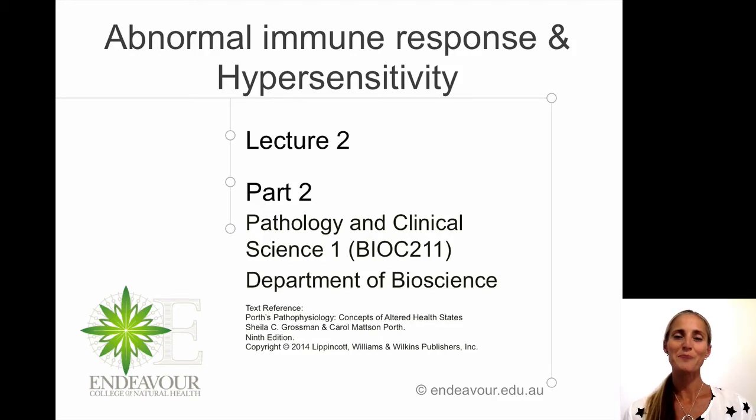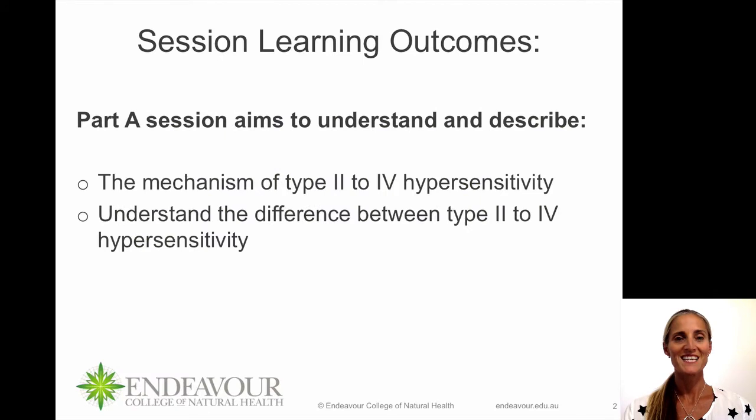Hello, this is Pathology and Clinical Science 1. This is Lecture 2, Part 2, and we're looking at abnormal immune response and hypersensitivity. In this session, we're going to carry on from the last session where we looked at type 1 reactions, and we're going to move straight on to type 2 to type 4 hypersensitivity reactions and looking at understanding the